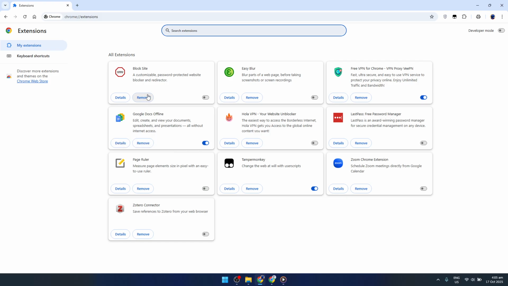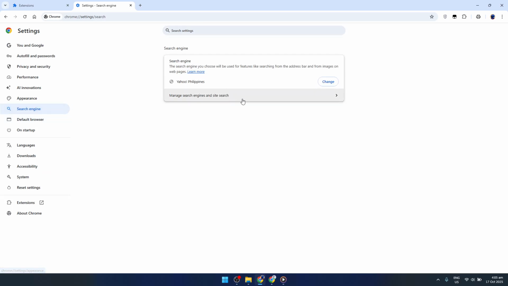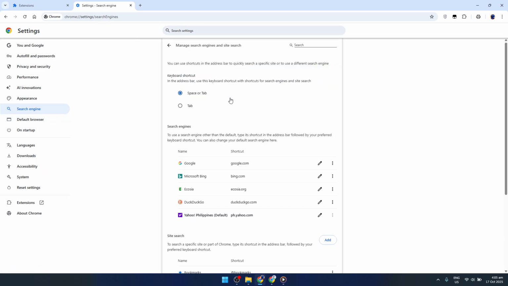Now, let's move on to resetting your default search engine. Again, click on the three-dot menu, and this time go to Settings. From there, select Search Engine and proceed to Manage Search Engines and Site Search. In this section, locate Google under the search engines list. Click on the three dots next to it and then choose Make Default to ensure Google is set as your